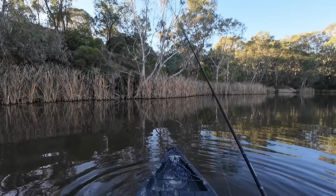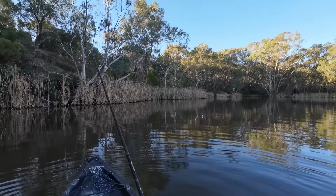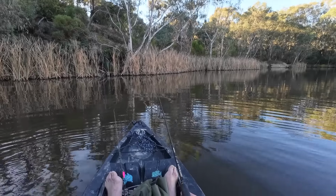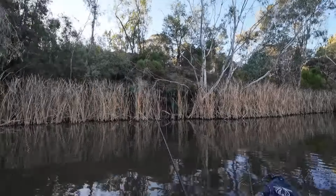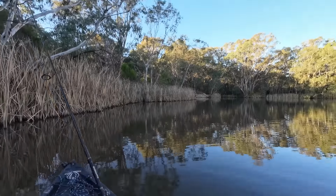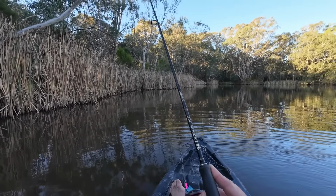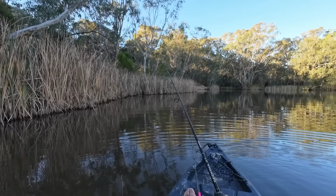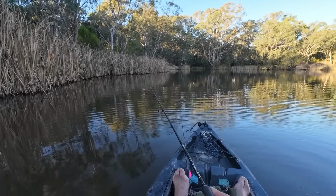Let's have a bit of a flick around here with a soft plastic for a while and see how I go. A banana shock curltail grub. Got him. Got one on the soft plastic. Ha! I'm glad I stopped. I caught two in quick. See, this isn't very big, but like...